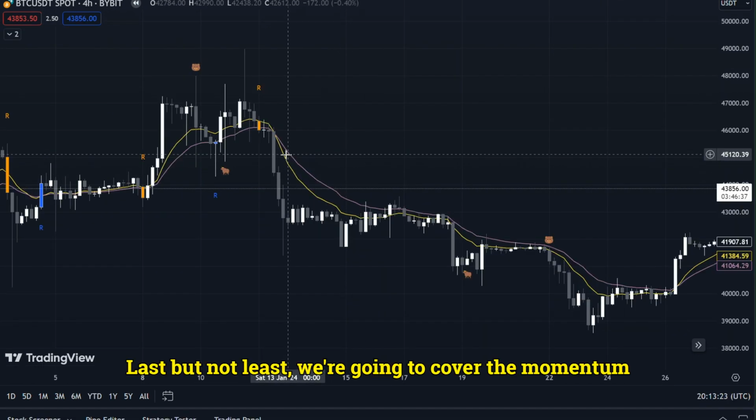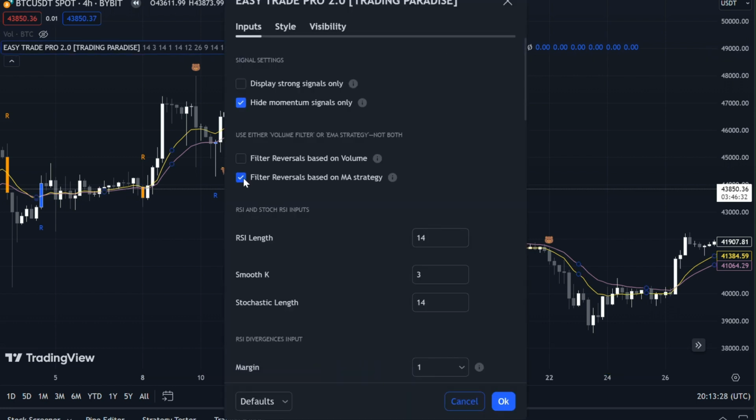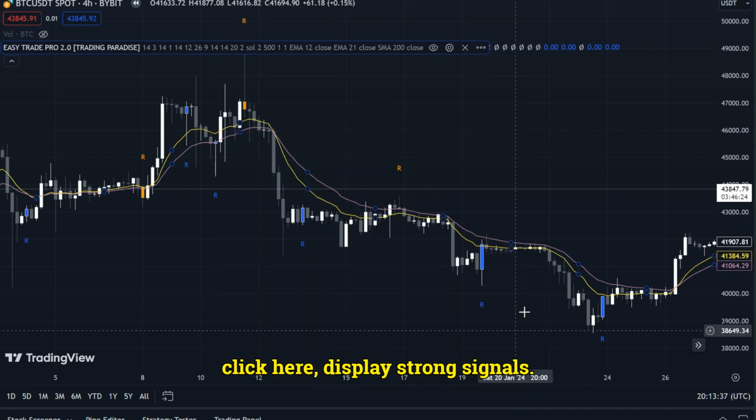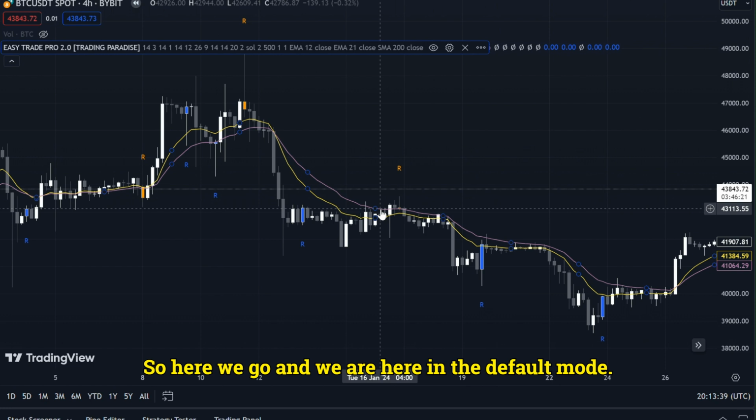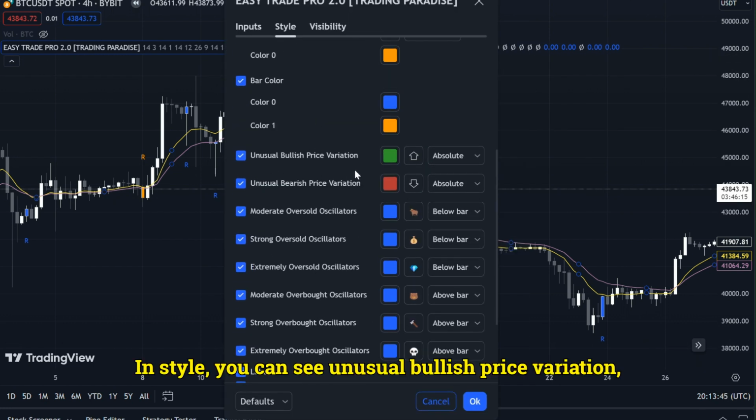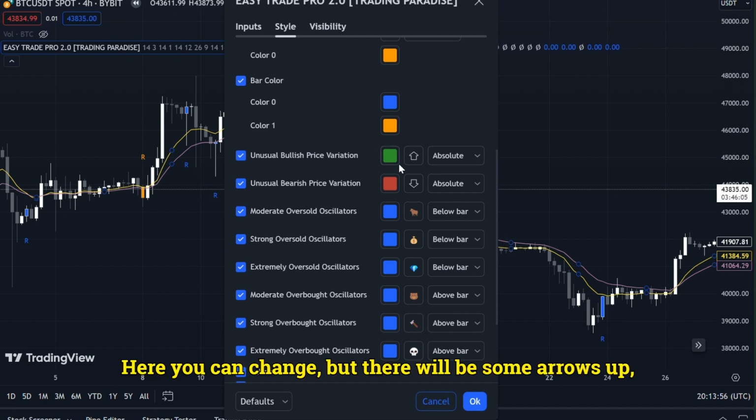Last but not least, we're gonna cover the momentum signals. So we deactivate the filter on moving averages. Then we click here, display strong signals. So we are here in the default mode. In style, you can see unusual bullish price variation, unusual bearish price variation. What does it mean? It means that here you can change, but there will be some arrows up, arrows down,